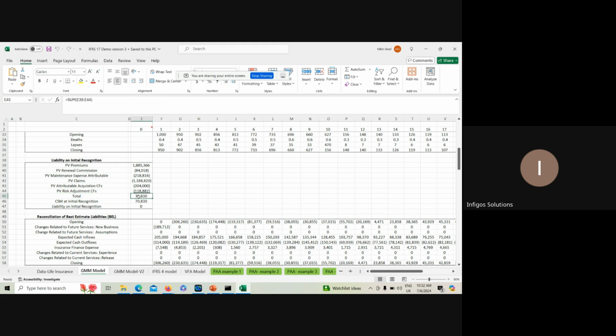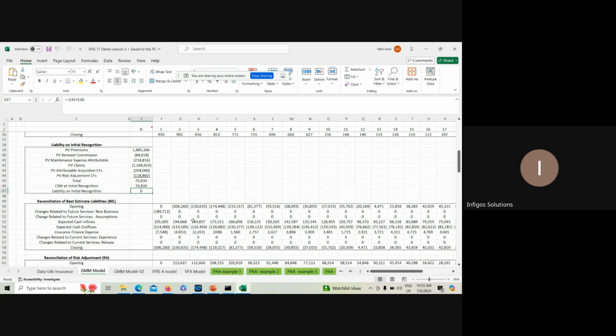We sum this value. This value is coming as positive, which means by the calculation of the present value of all cash flow, we are heading towards a positive value. All these are present values which are in the cash flow. So we are getting this value, which means we are positive. We basically have profit to book. We don't book profit in the first year itself. We assign that profit to CSM. So the liability on the initial recognition is 0.